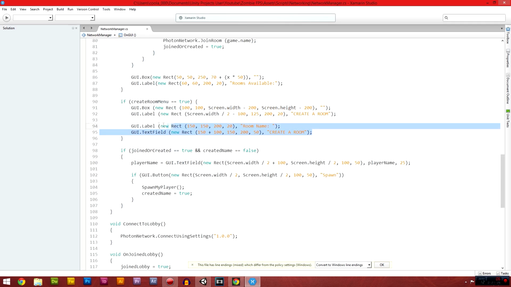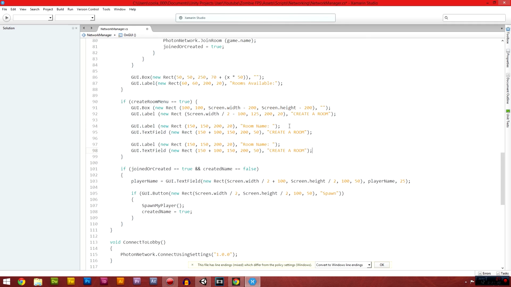Okay, then we will duplicate this, and we're gonna put the max players, so max players, and we're gonna do a GUI dot horizontal slider,